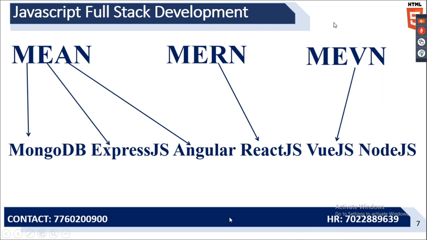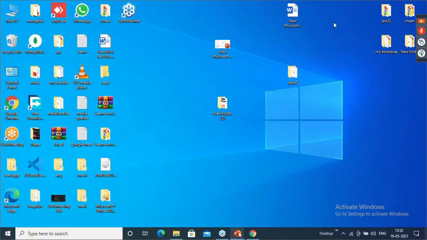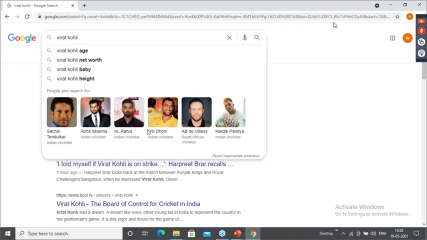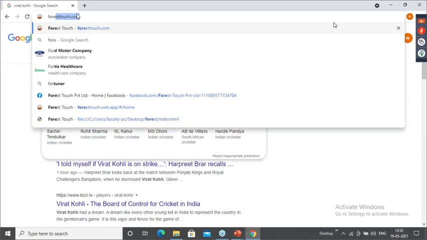Clear? So concentrate now, forget about this. These are the stacks. I will show you the advantage of Angular or React. I have opened some websites here. The website name I use is Forest Touch, foresttouch.com,